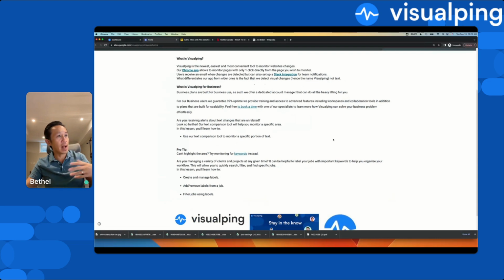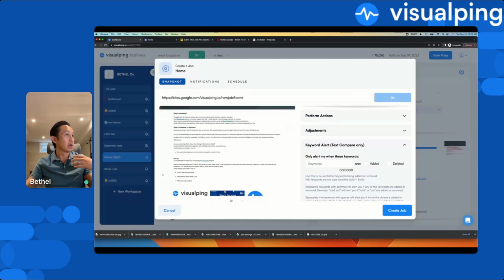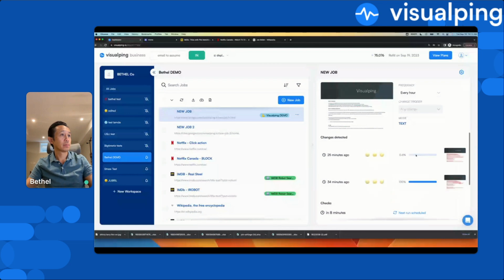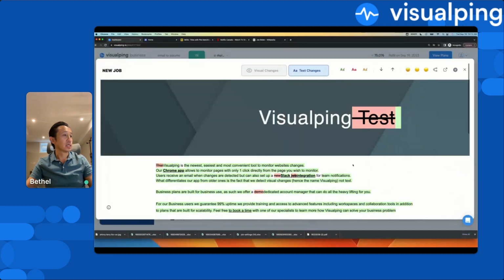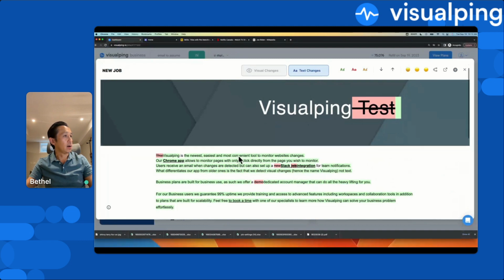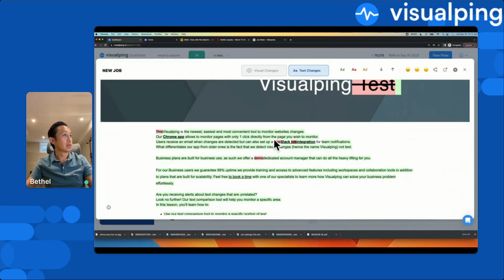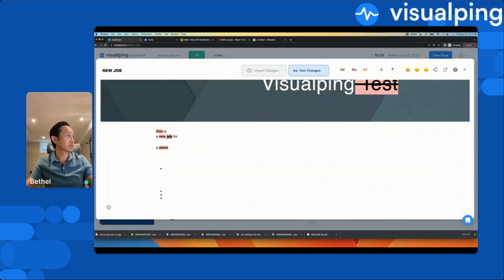And so I ran this job once already, and I'll show you on the dashboard here if I cancel out really quick. And this will show you essentially that I added all this new text here in green, and in red it's what's removed. And you can filter these things out and hide what's removed, and only show what's added, and vice versa. So it's pretty slick